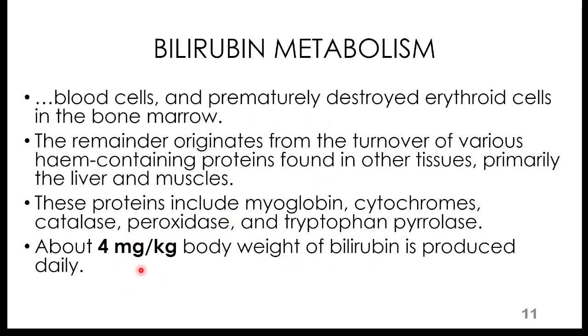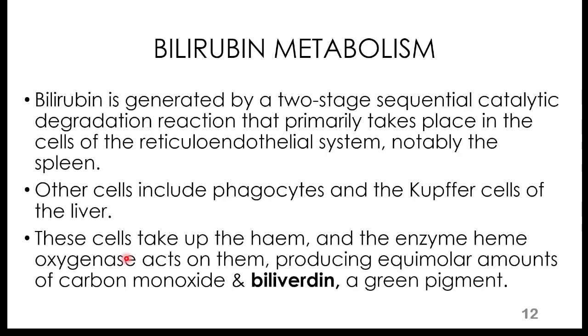So about 4 milligram per kilogram body weight of bilirubin is produced daily. We should make a note of this value. Bilirubin is generated by a two-stage sequence, right? It's a two-stage sequential degradation that primarily takes place in the cells of the reticuloendothelial system, especially the spleen. So these cells, especially macrophages within the reticuloendothelial system, take up the heme, and the enzyme heme